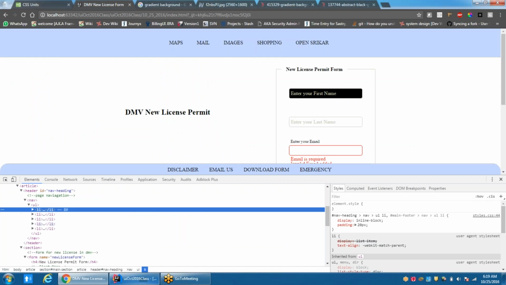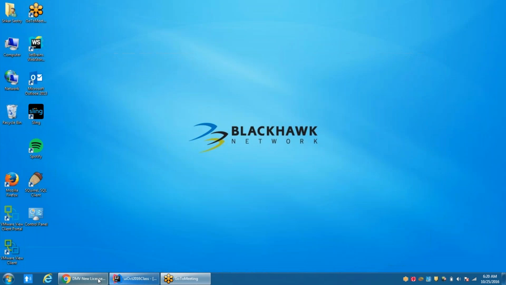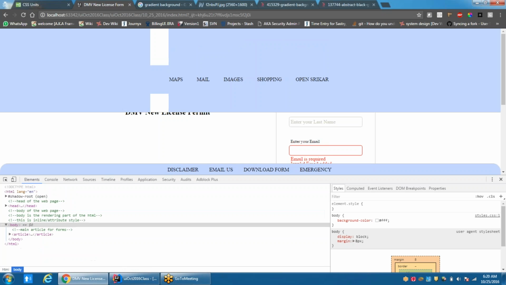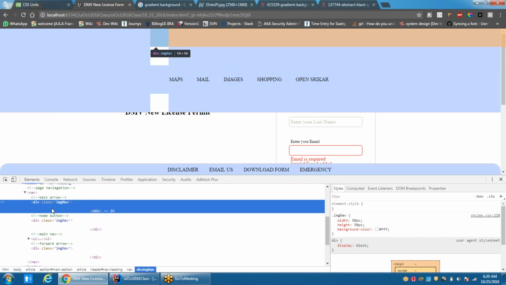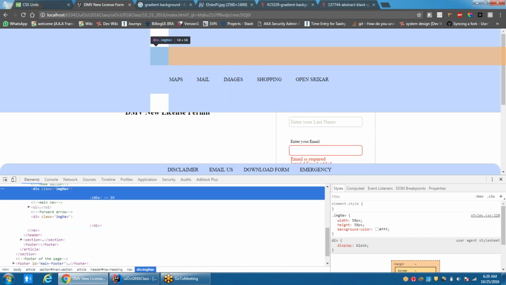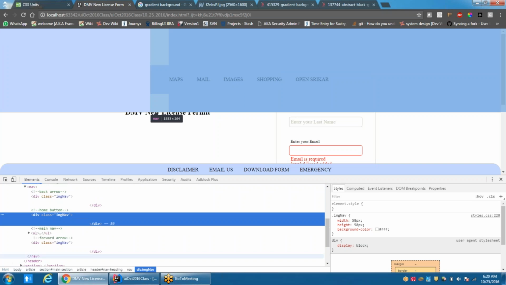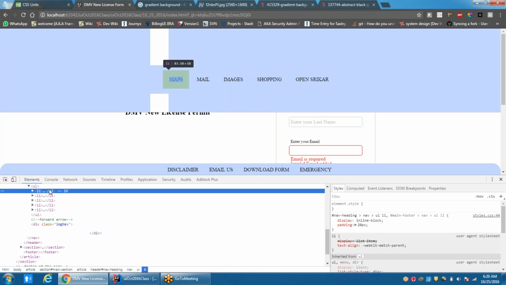Let's save it, and for the time being let me put a background color of white so that we can make out where the div is. So if I refresh, it comes like something like this, right? Now they need to be placed right next to each other. So why don't I do this? Why don't I make LIs